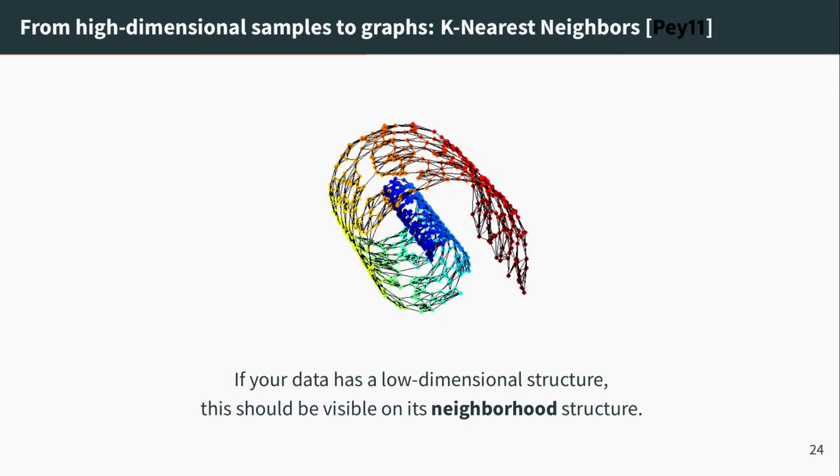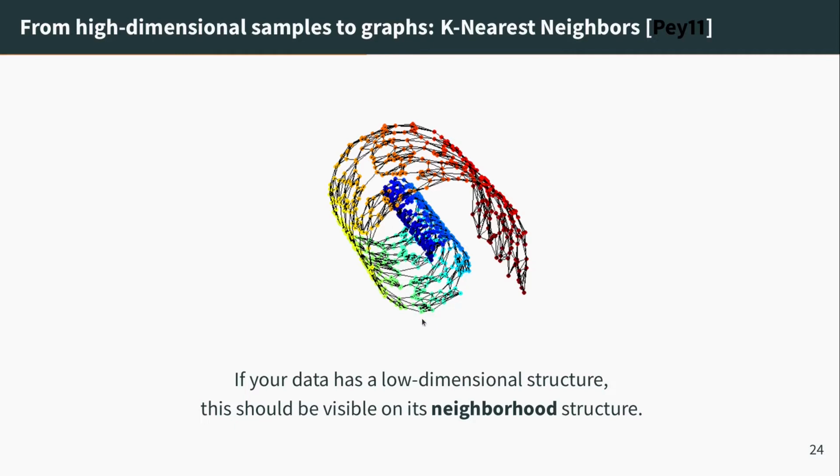And finally, even if you're just working with very high dimensional samples, you have a simple way of getting a graph out of it. And that is to build a graph of k nearest neighbors. So here, I'm displaying, once again, this Swiss roll data set. So this very idealistic idea of a 2D data set embedded in 3D space. And all the black segments are just edges that pop up when I connect each point to its k nearest neighbors. So here I think k is equal to like 5.